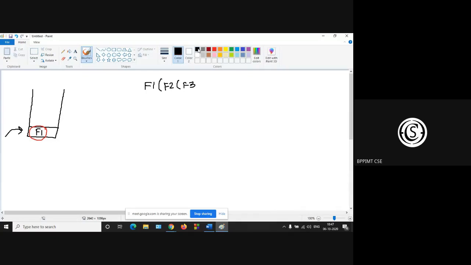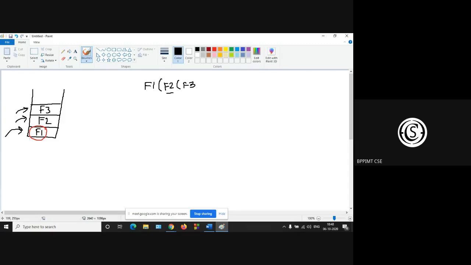Next, f1 contains the f2 function. So f2 is again pushed. When you are executing f2, f2 is being pushed in the stack. Then f2 contains f3. So f3 is pushed in the stack, right? So f1, f2, f3.